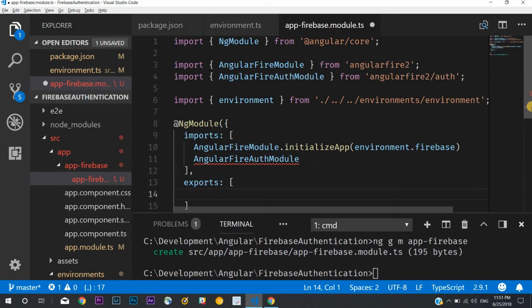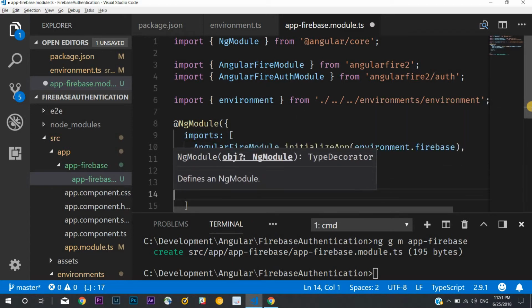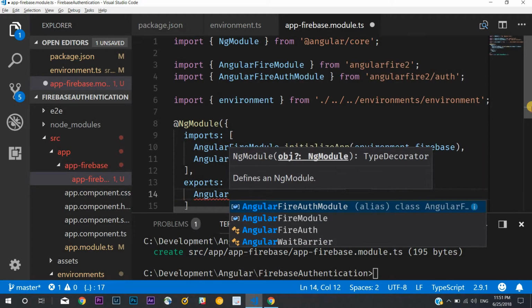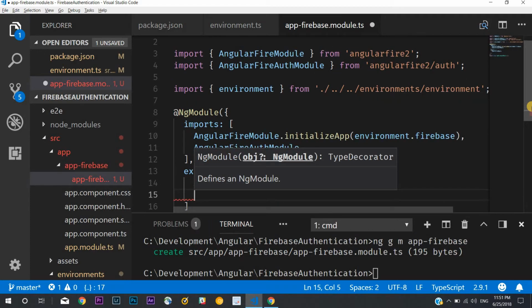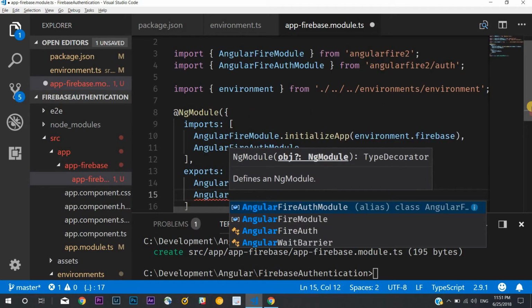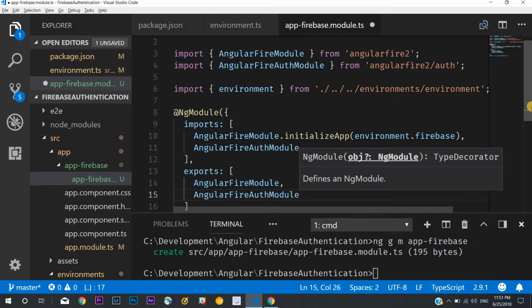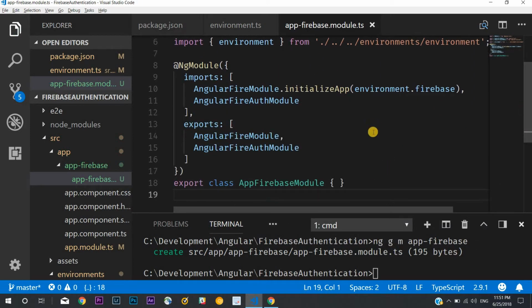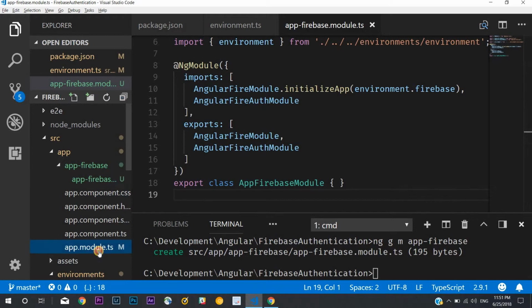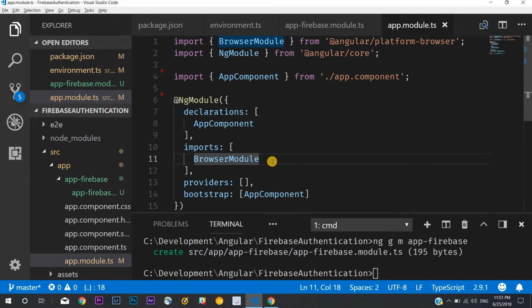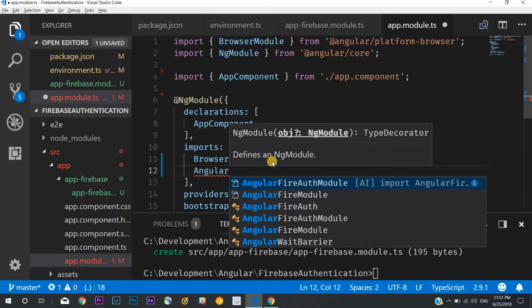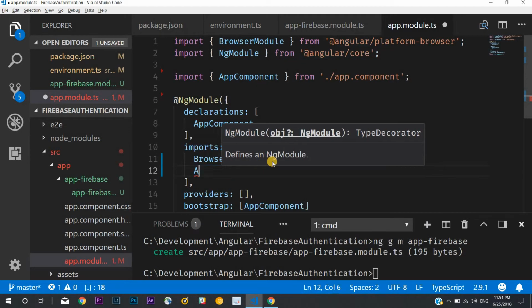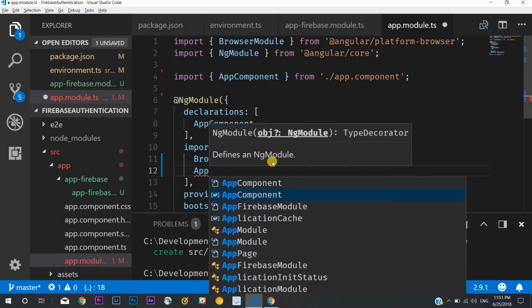AngularFireAuthModule, and then after that I'll just simply export these two modules from the app Firebase module that we have just created. So AngularFireAuthModule as well, and now I can simply import these two modules inside my app module. So that's what I'm going to do. App Firebase module,